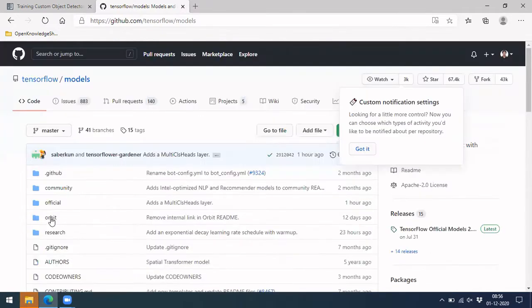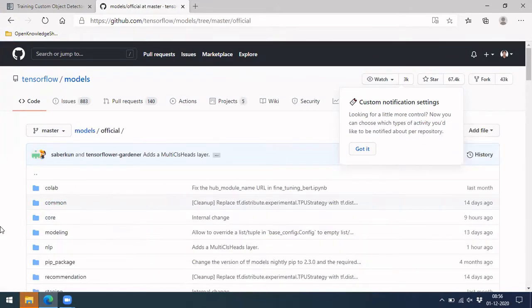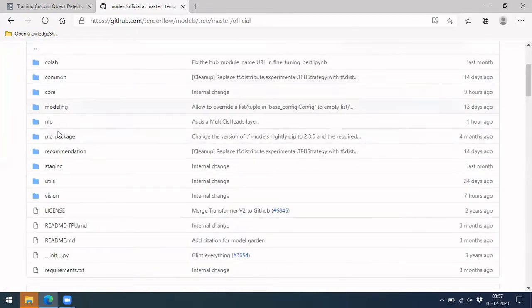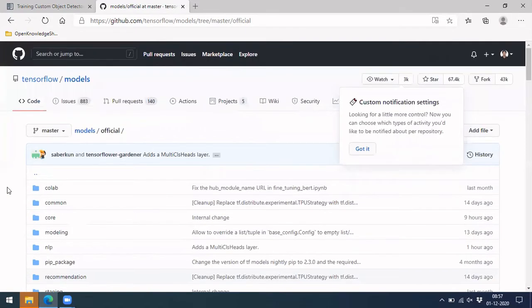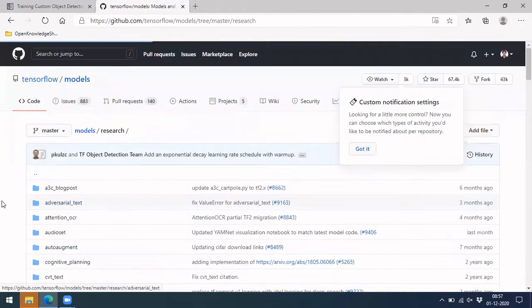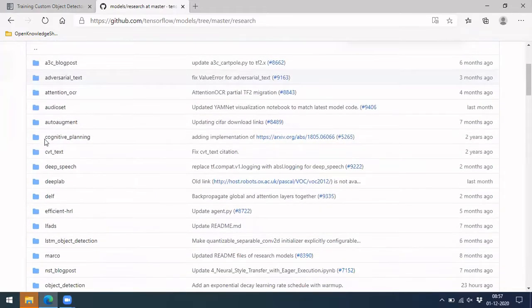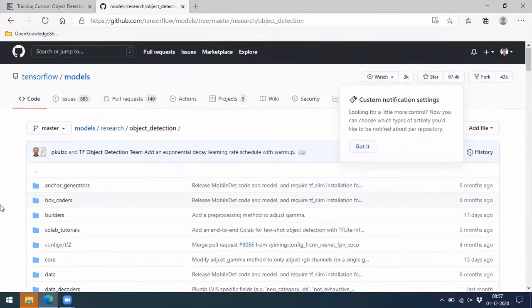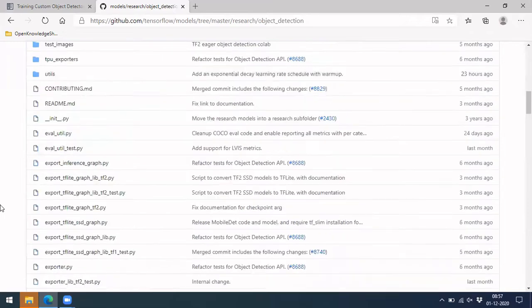If you go inside official, you'll find a few packages, but our object detection model is in the research folder. So go to research. There are so many others, but ours is object detection, which we are trying to do. So go to object detection. This is where you find all the files.